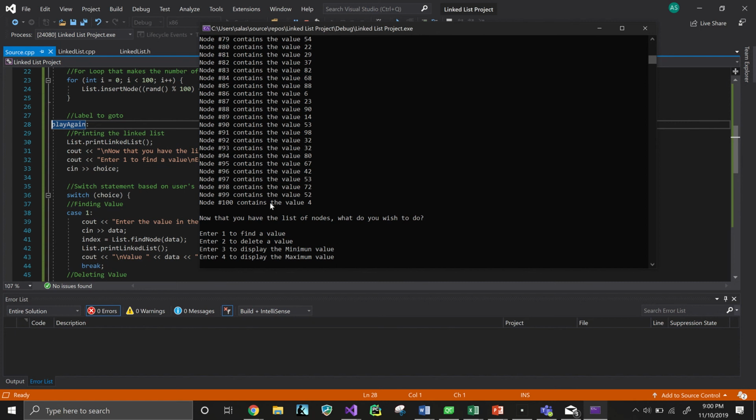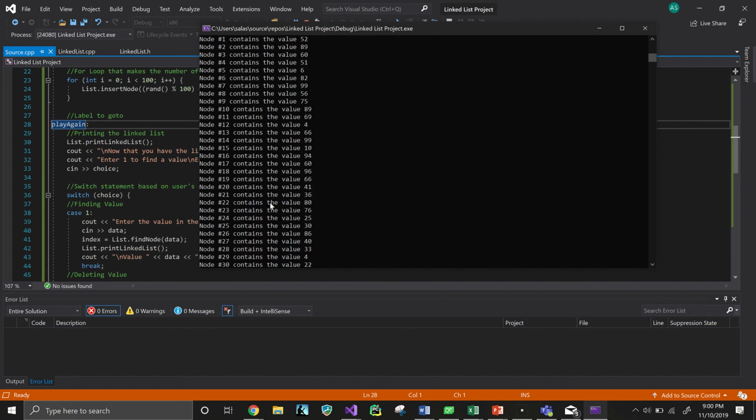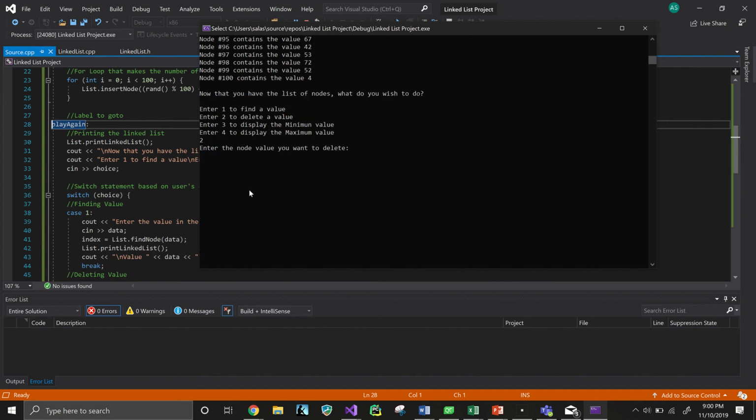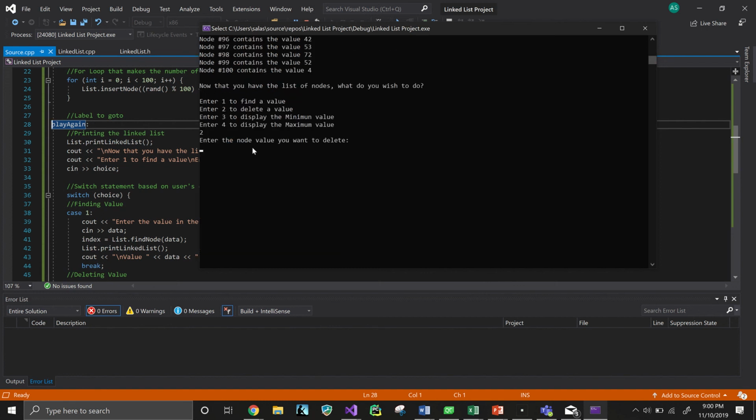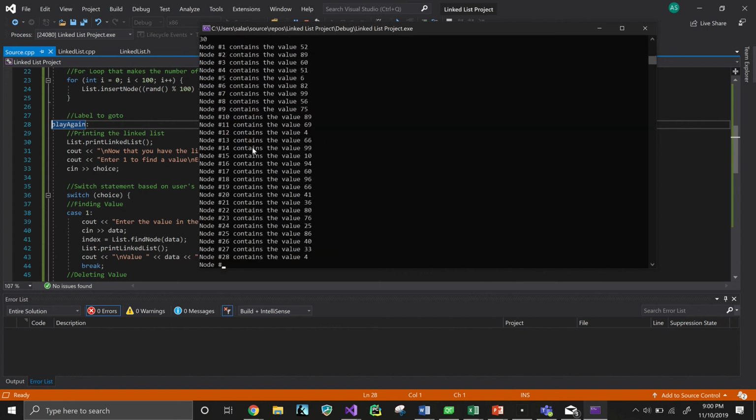The second functionality that I want to present was deleting a node. Which value do you want to delete? So let's go through this list and search for a value that we want to delete. Let's delete value 30. If we delete value 30, this will delete node number 25. So we said we wanted to delete 30, right? All right. So which node value do you want to delete? I'll delete 30,